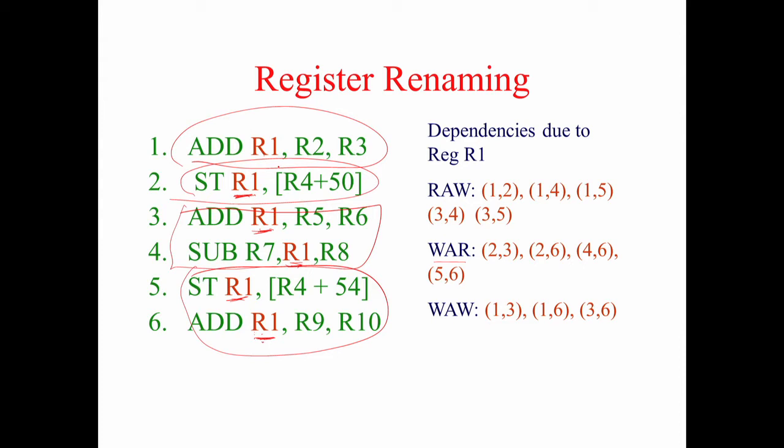But at the same time I would love to allow 3, 4, 5, 6 to execute before 1 and 2 actually start executing, to save time and get my cycles per instruction below 1. Are you able to follow what I am trying to say? In this context, all these 3 dependencies become extremely crucial. Now, RAW we can't do anything about; the only thing we can do is operand forwarding, which I explained in the previous slide. Now, what can we do about WAR and WAW? Let us see this.